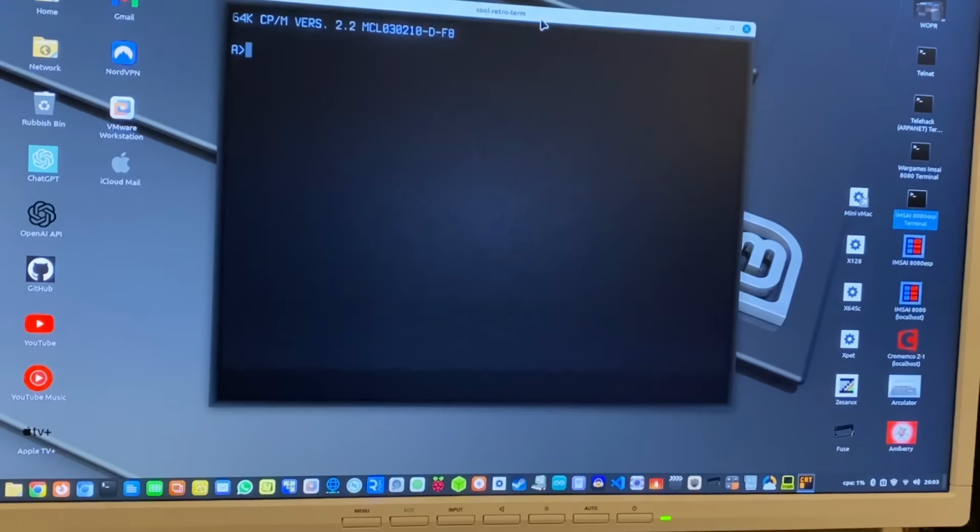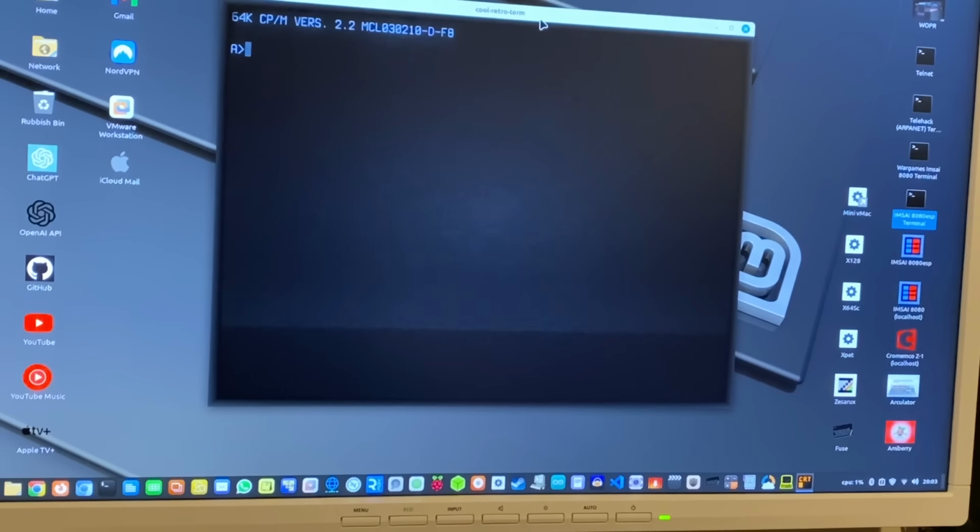Okay. So what we're in now is the simulated IMSAI 8080 being hosted on the Raspberry Pi, but it effectively looks and feels, hopefully, almost exactly the same. So if we then run Kermit on here,